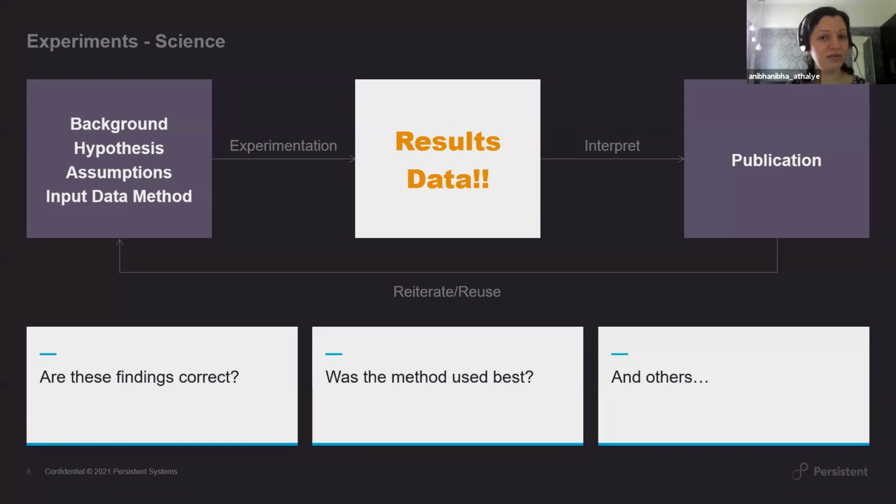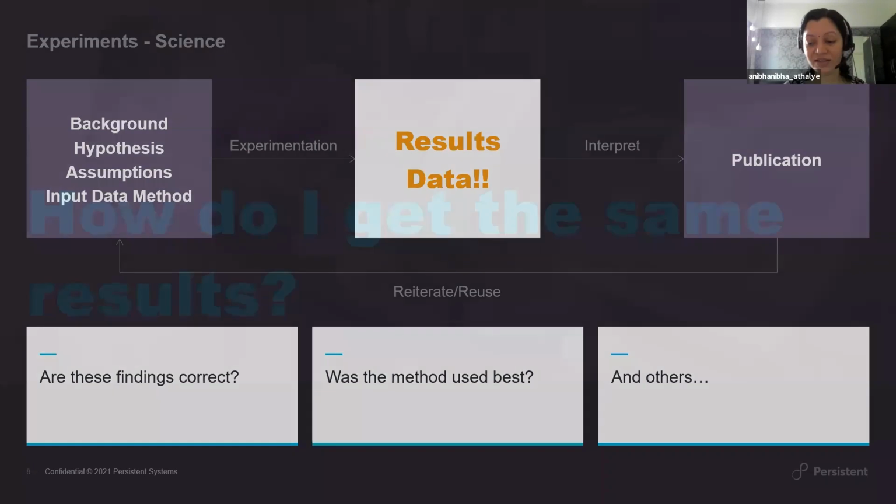Whilst they do that, all of us know that there is always a struggle in terms of being able to even reproduce the baseline results that have been called out or documented in the publication. And while the publication is being reviewed, there are also a whole lot of questions in terms of the findings, reproduction, the method that is used, how do you know what all the methods were that were used, what steps were really followed before reaching that, and so on and so forth.